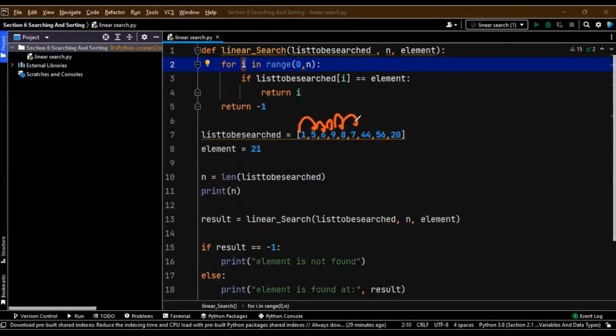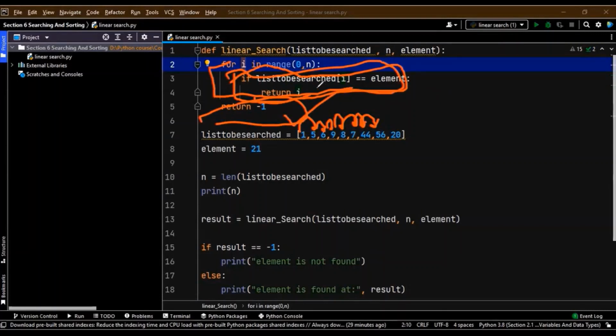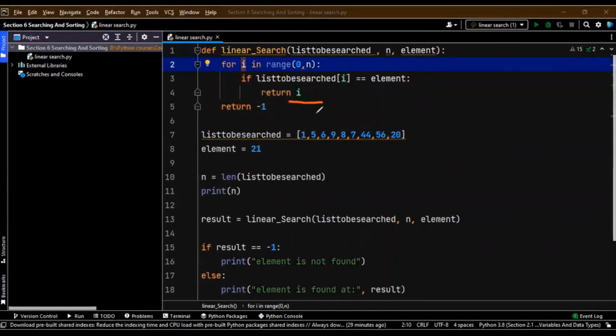As I showed you at the starting of the video, it will keep on moving till it finds the element, and if it doesn't, it will simply come out of this if and the whole thing and return you -1. But if it already returns i, that means i is the index. But if you want me to print that too for your